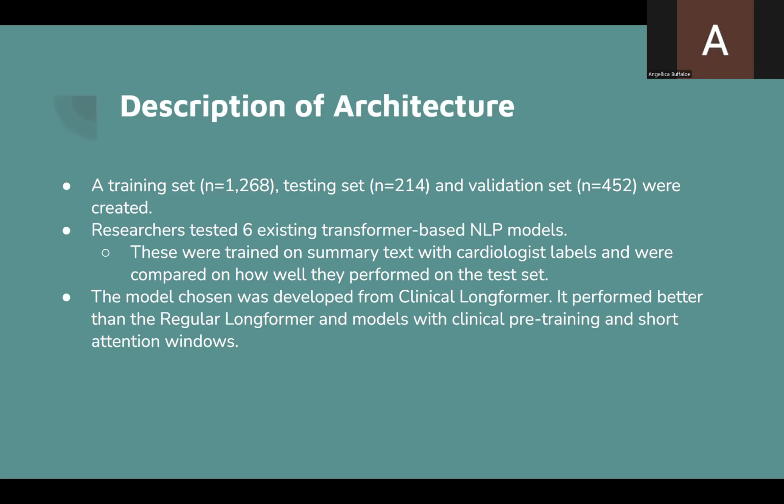The researchers tested six existing transformer-based NLP models. These were trained on summary text with cardiologist labels and were compared on how well they performed on the test set. The model chosen was developed from clinical longformer. It performed better than the regular longformer and models with clinical pre-training and short attention windows.